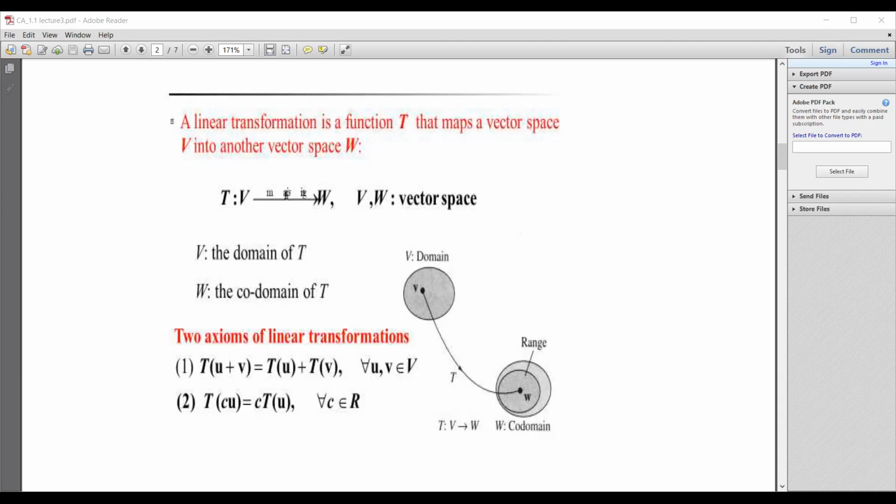One thing we must note is that whenever we are defining a linear transformation, the underlying field of both the spaces, for example here V and W, domain and codomain, must be the same. So the field I have taken is the real field. These two are basically real vector spaces over the field R, and this c is the scalar taken from this field. As you can see, these two conditions must be satisfied together, then only we can say that T is a linear transformation.